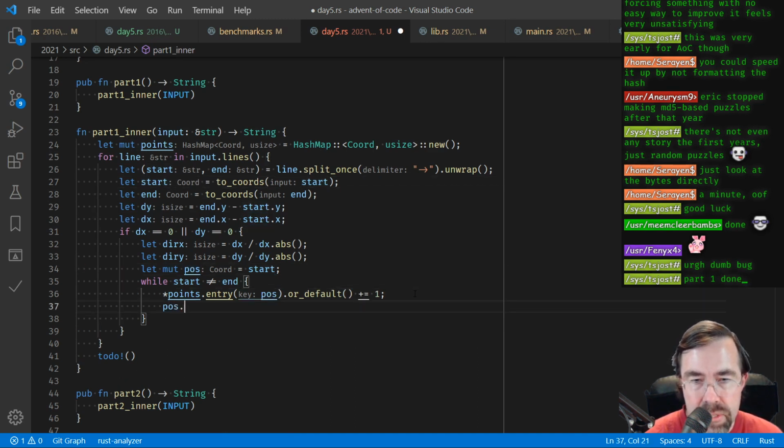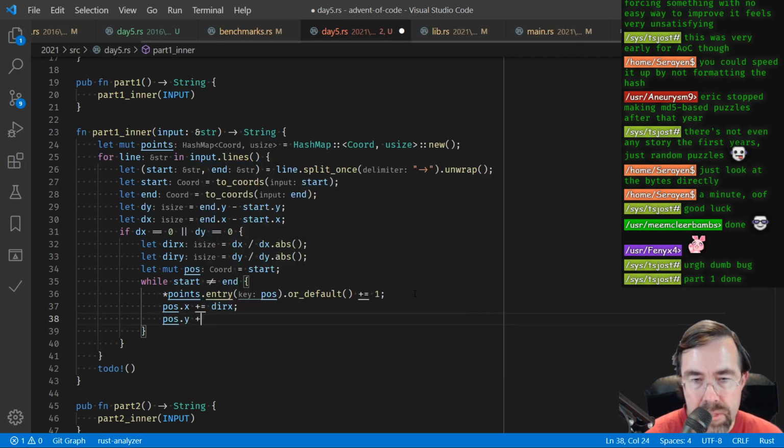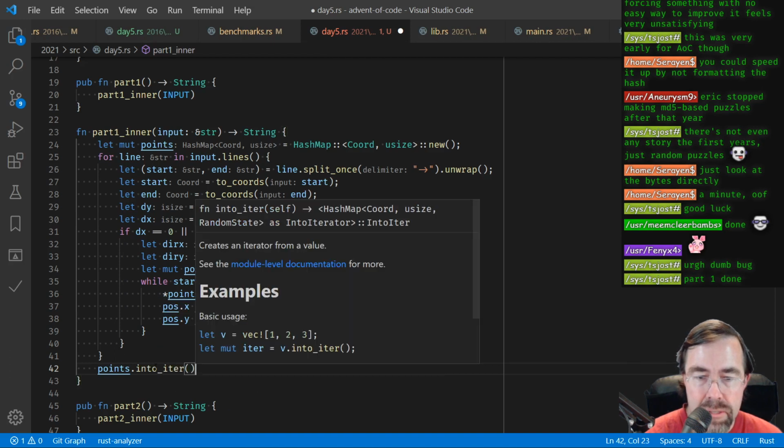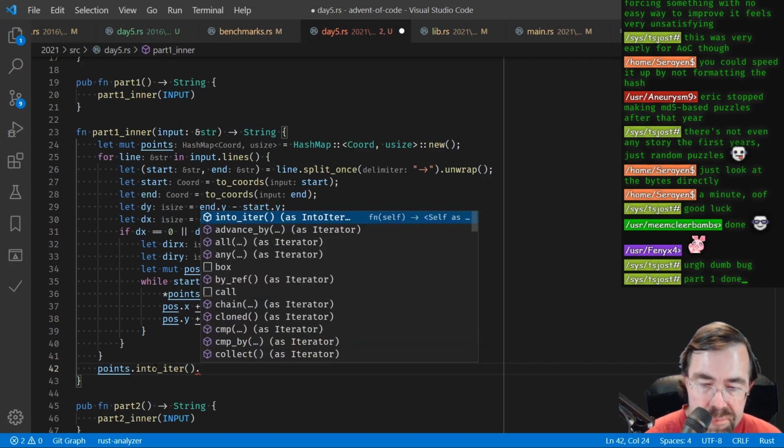And we'll say position.x plus equals direction x. Position.y plus equals direction y. And eventually it'll hit the end and break out. And then after we get to the end, we really just want to say points.iter, well, into iter, dot filter map,